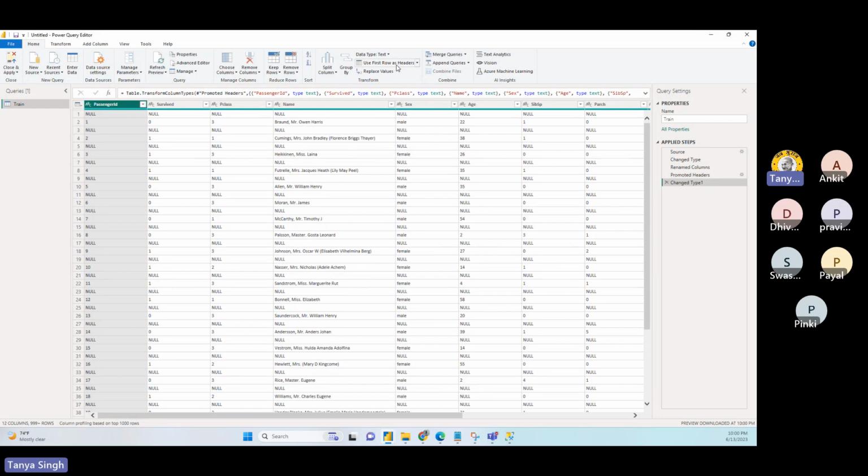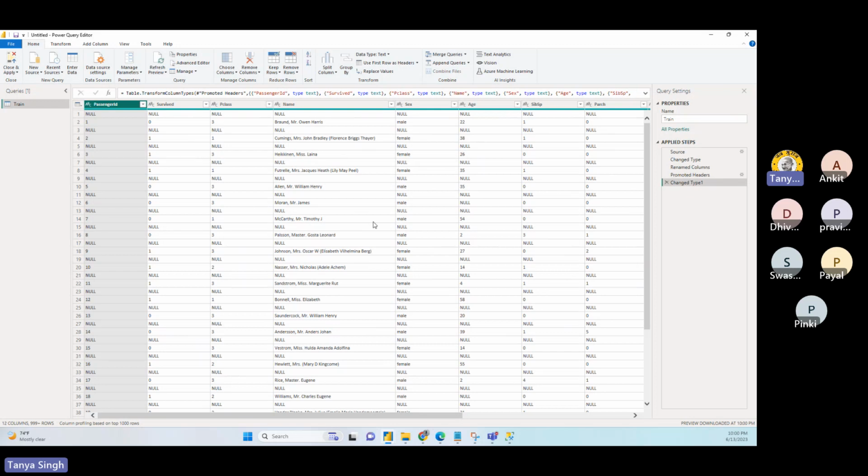So always look for it. I think you remember Bill Gates said, I'll hire the laziest person, because they will find the smartest way to do the work. So always be lazy over here. There is always a way. Every first row has been converted to a header, so now you see your header is there.